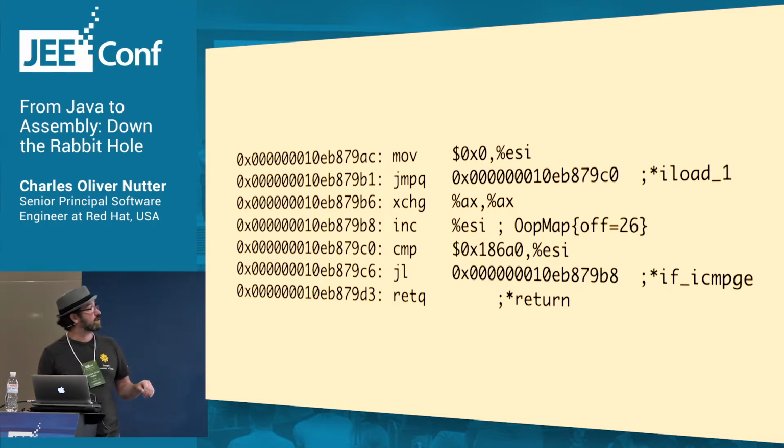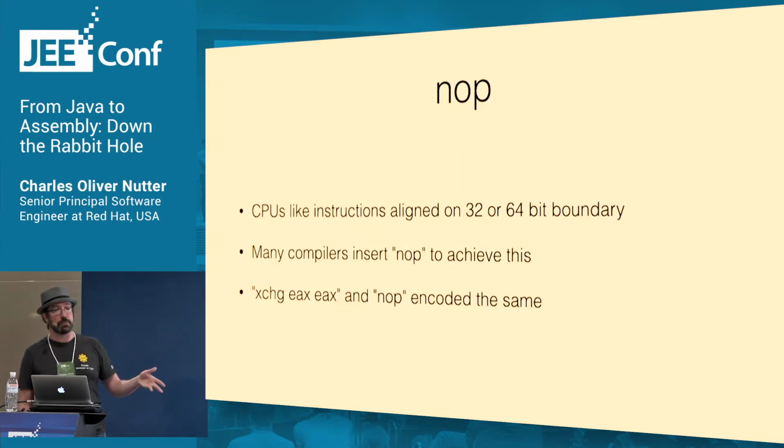Now we have this unusual instruction that doesn't seem to do anything. We're going to exchange a register with itself. Well, this is actually just a no-op. And it's encoded exactly the same as a no-op in x86 assembly. Depending on which format you use to print out the assembly, it will show up as exchange EAX, or a